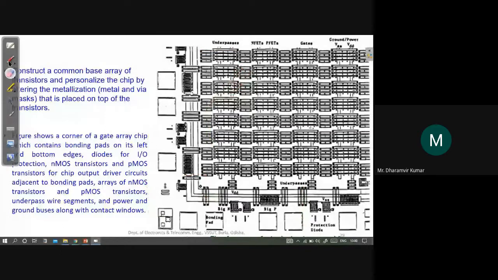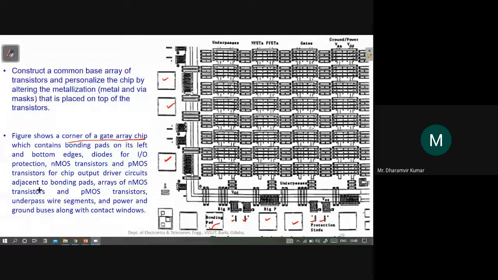This shows a corner of a gate array chip, which contains bonding pads on its left and bottom edges. So these are the bonding pads. These ones are the diodes for IO protection, and NMOS and PMOS transistors for chip output driver circuits, adjacent to the bonding pads.